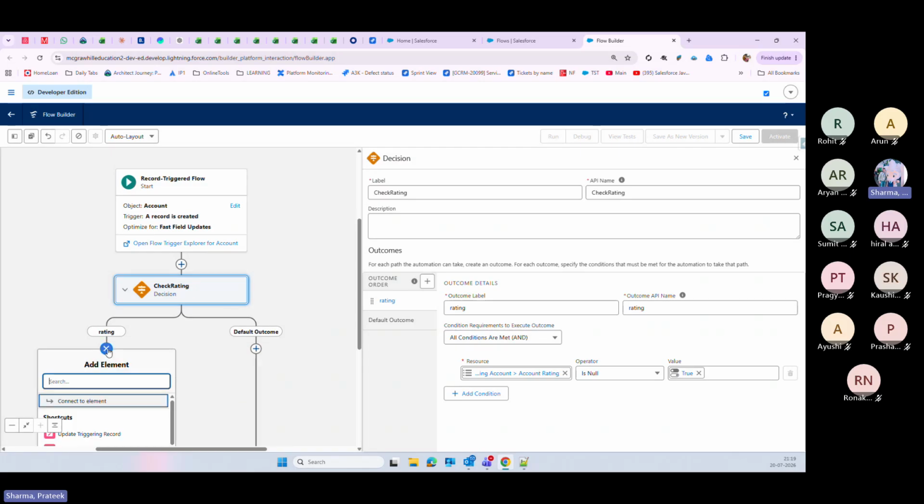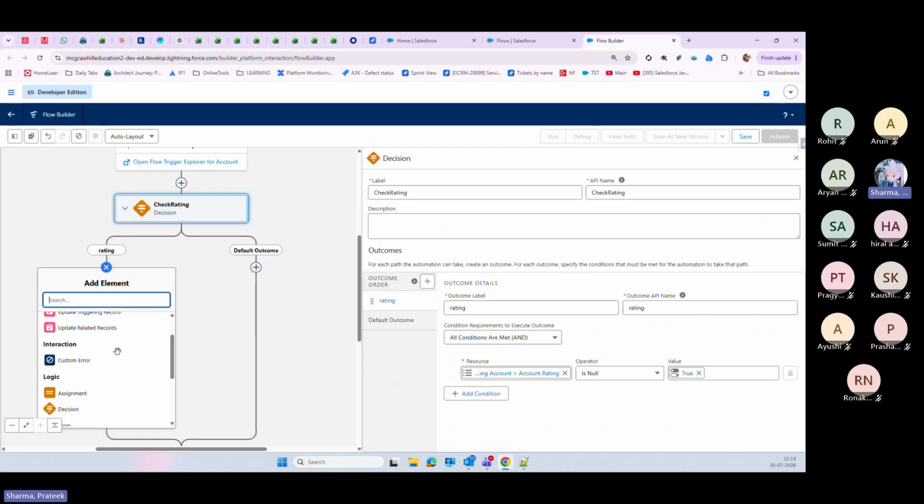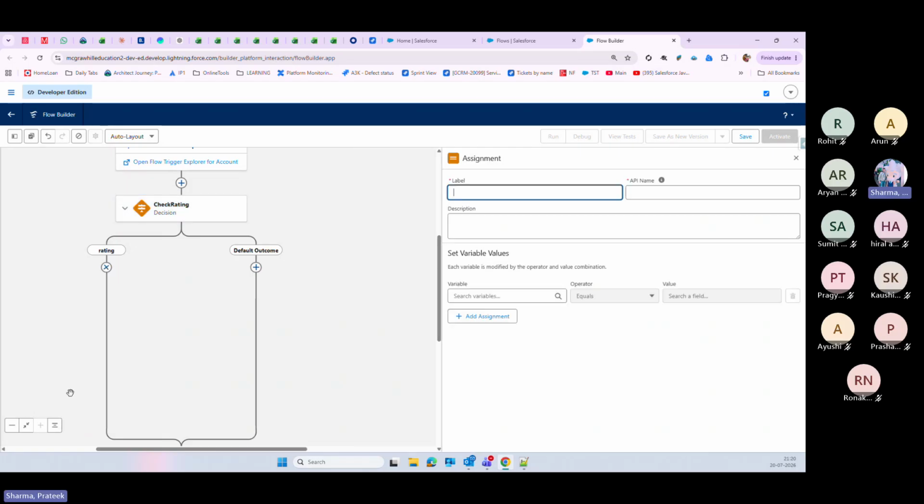So we will use the assignment operator because the record is not yet saved to the database. So we can simply assign whatever we want to, and the record will go to the database with the addition of the assigned value. So now I'm just using the assignment operator to assign the value. Just remember, if you want to change any value from the triggering record, then you can simply do that with the assignment. So let's just use the assignment here,